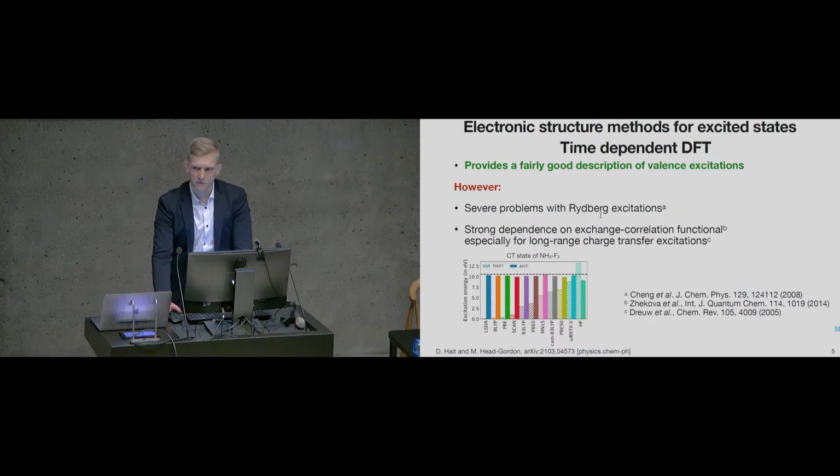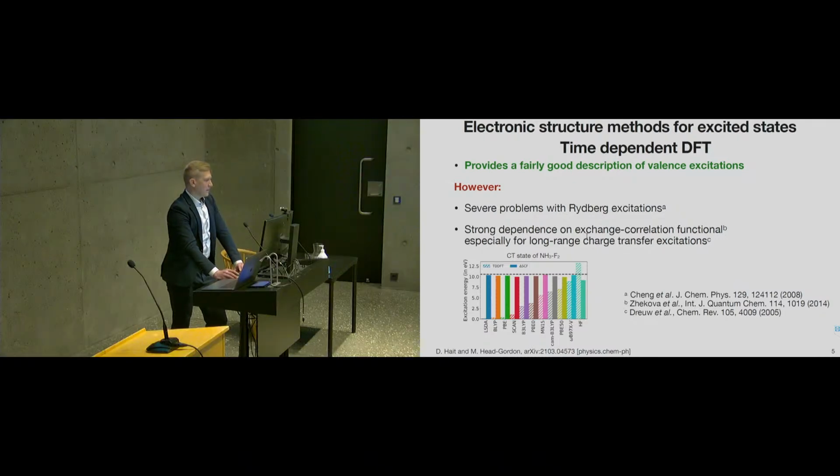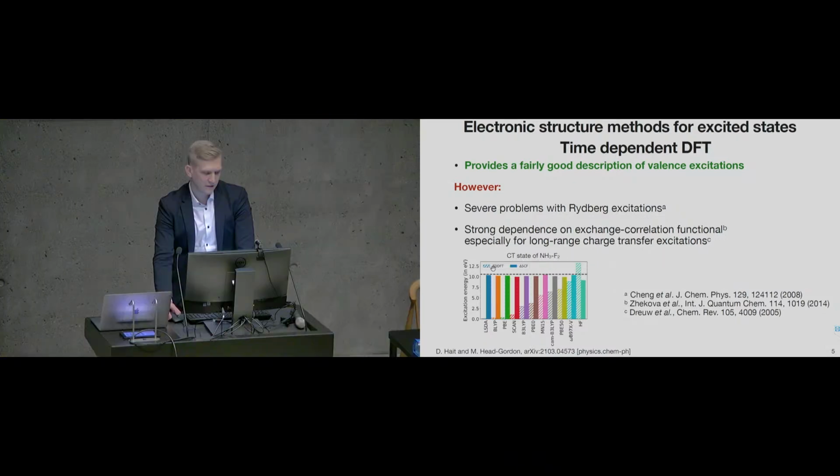The electrons are not bound in the atoms. And this method shows strong dependence on the exchange correlation functional, especially for long-range charge transfer excitations. You can see an example in this picture: the charge transfer excitation from ammonia to fluorine, and the results of time-dependent density functional calculations are shown by this